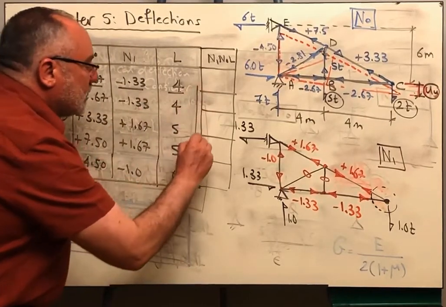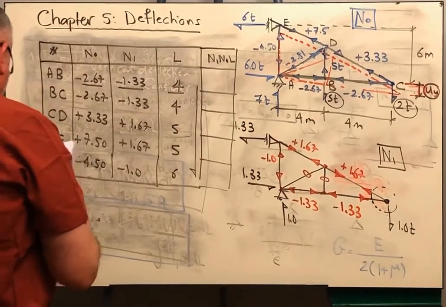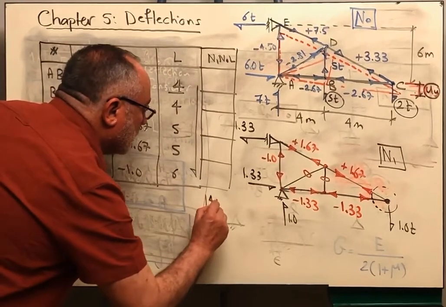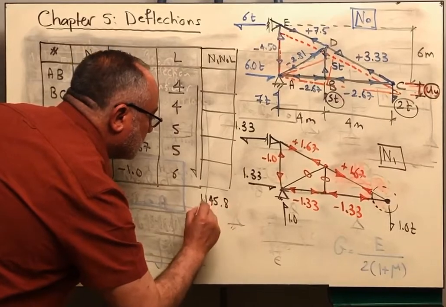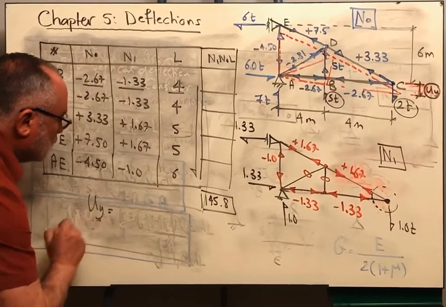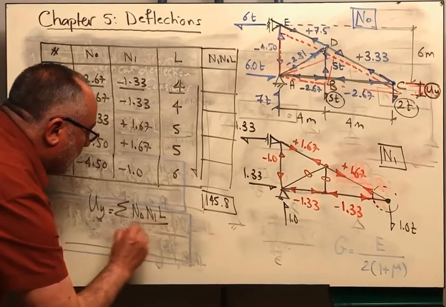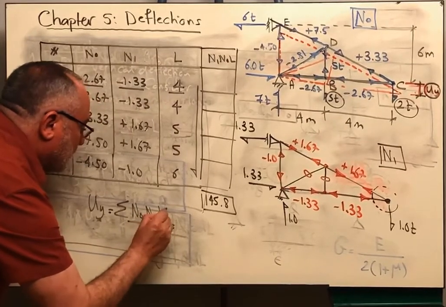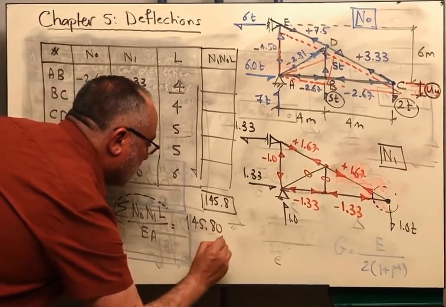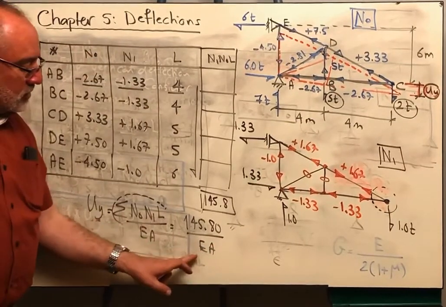And then you need to add these numbers together. And if we did this, you will find that it is 148 and 45.8. Now this means that the deflection UY at point C is sigma N naught N1 L over EA, and this term is obtained to be 145.8 over EA. Of course, he told us in the question that EA is constant, so it will have to